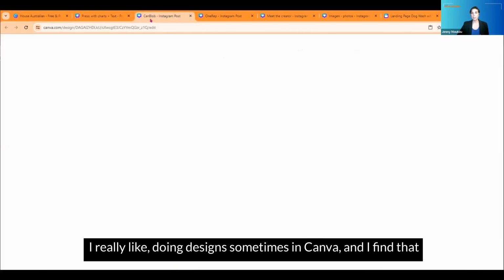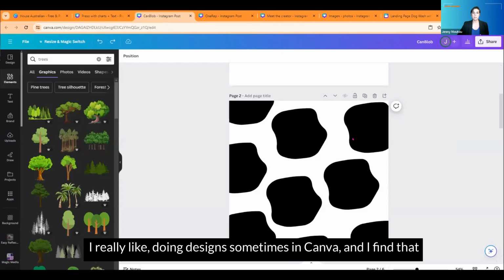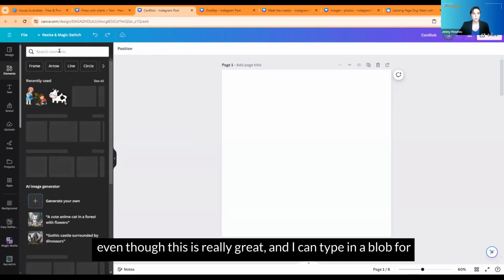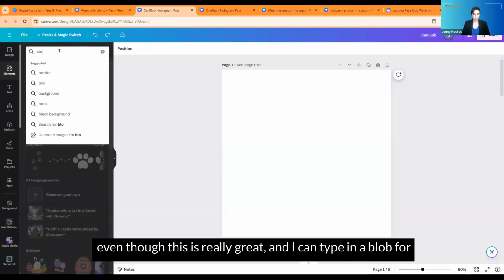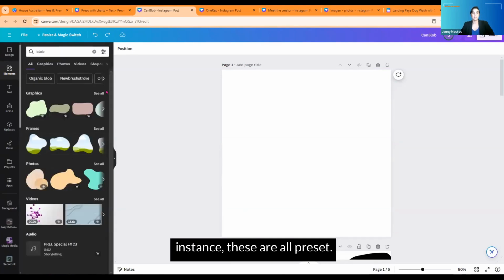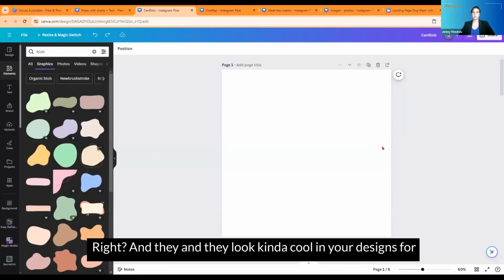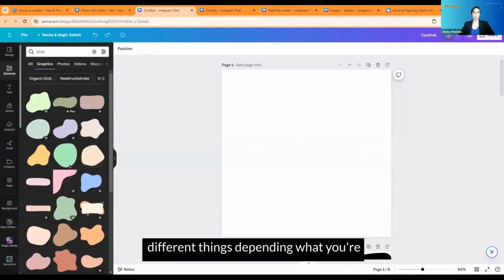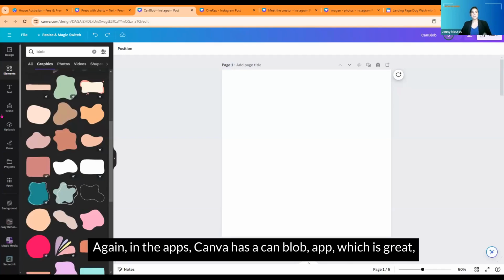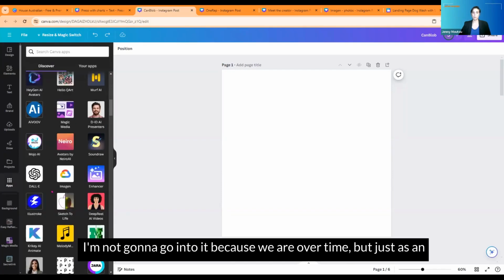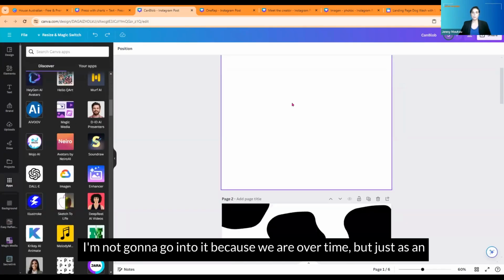I really like doing designs sometimes in Canva, and I find that even though this is really great and I can type in a blob, for instance, these are all preset, right? And they look kind of cool in your designs for different things depending on what you're doing, but you're limited here. Again, in the apps, Canva has a Can Blob app, which is great, and it will actually create these blobs for you. I'm not going to go into it because we are over time, but just as an example,